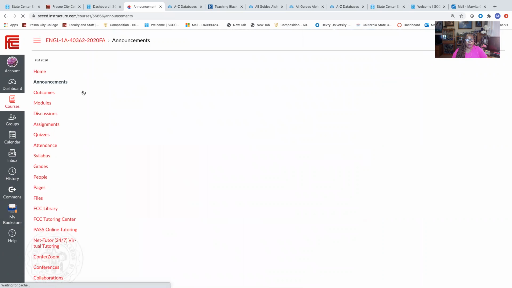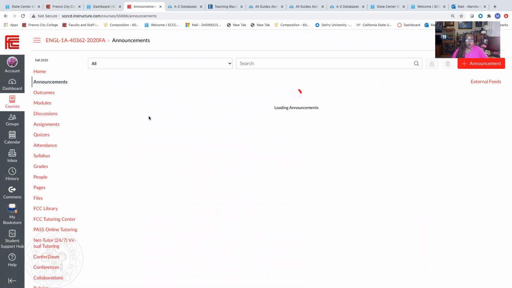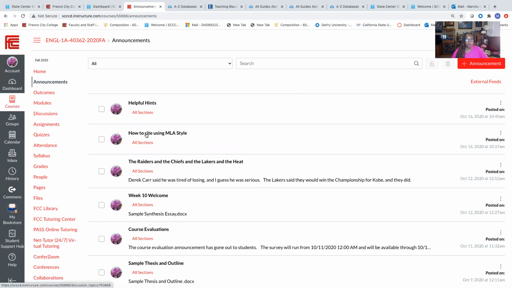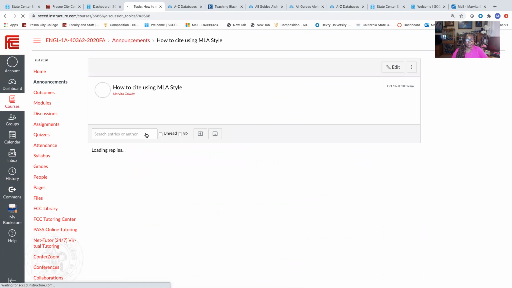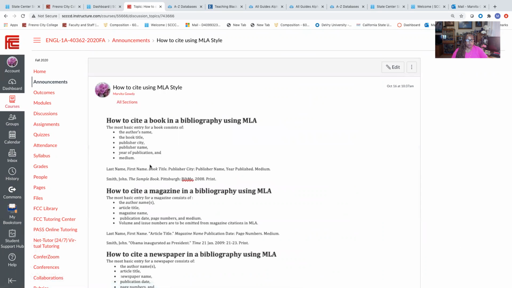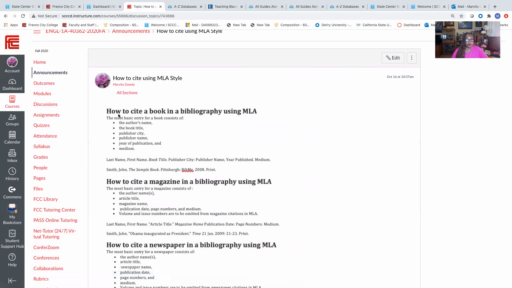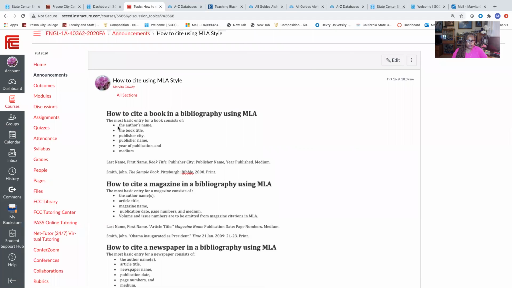And then the next paper that I attached was Works Cited, how to cite using MLA style. So here it is, and this is telling you how to cite a book. The first thing is the author's name, the book title, publisher city, publisher's name, year of publication, and medium, what type.